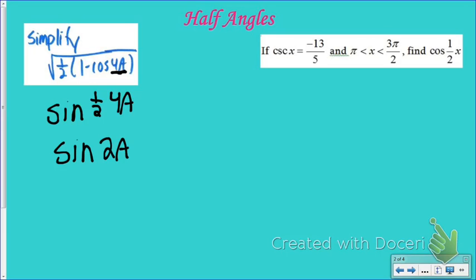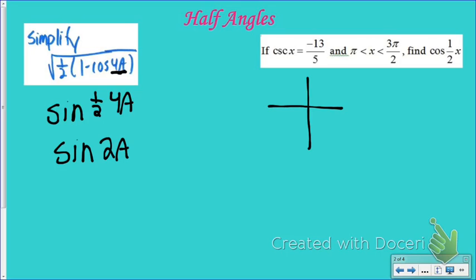Then the other one I have on here, again, a similar question to what we've been seeing with half angles. Again, to start here, it tells me that the cosecant of x is -13/5. And then it tells me that x is between pi and 3 pi over 2. So I'm going to draw a picture for this. Remember, again, we are not actually finding the value of x. X is an angle measurement, and since these aren't exact values that we're used to finding, I can't determine this